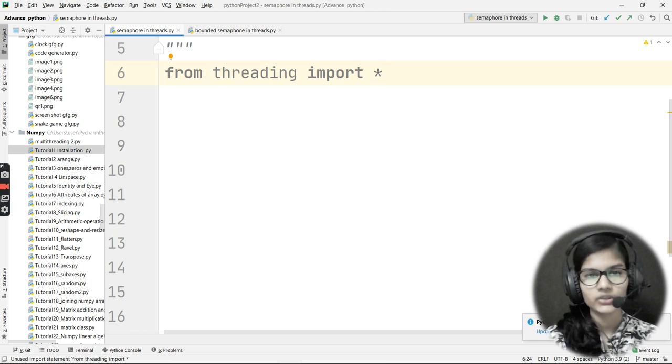Why am I using this? Because I need to use the Semaphore function, right? So instead of writing import for this particular function or that particular function, I am simply writing from threading import asterisk, that is basically all the functions from the threading module, right?